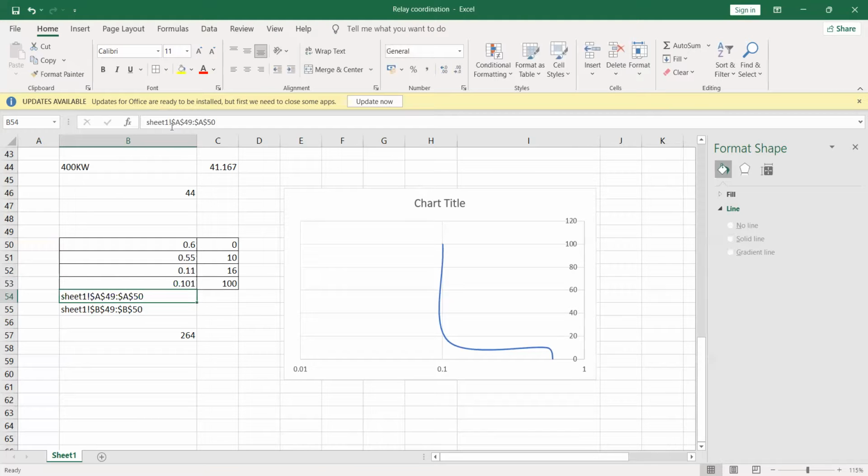This is something close; I'm getting to a motor starting curve. Are you able to see this?